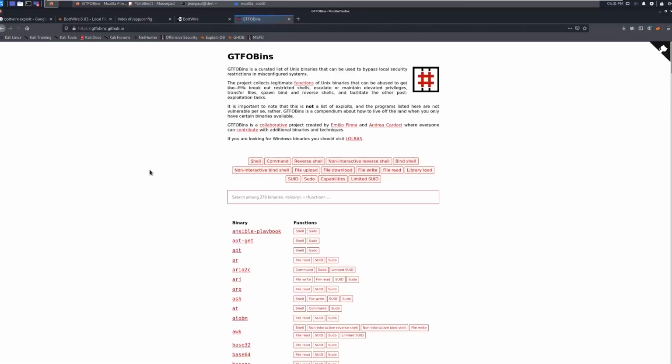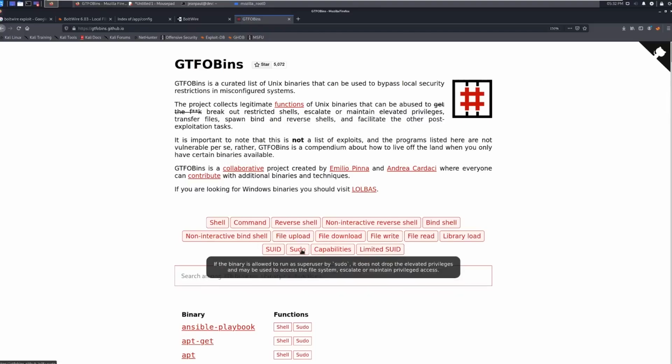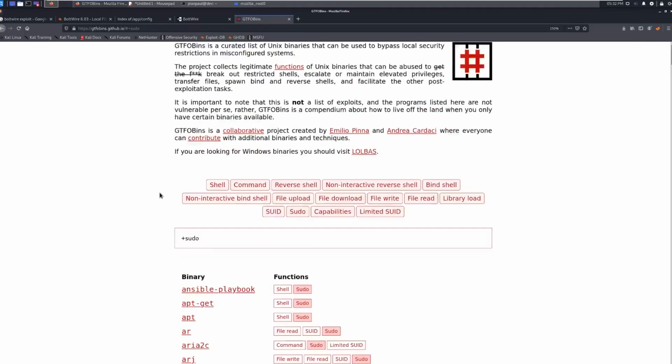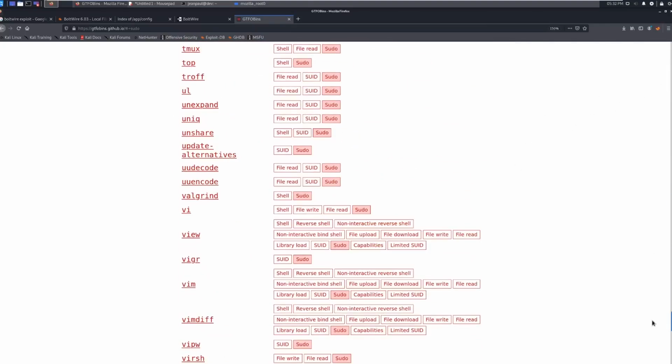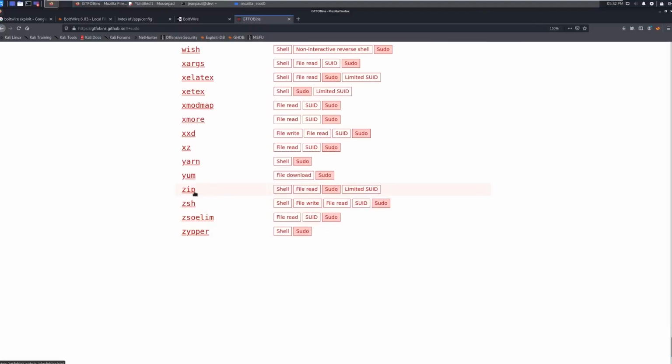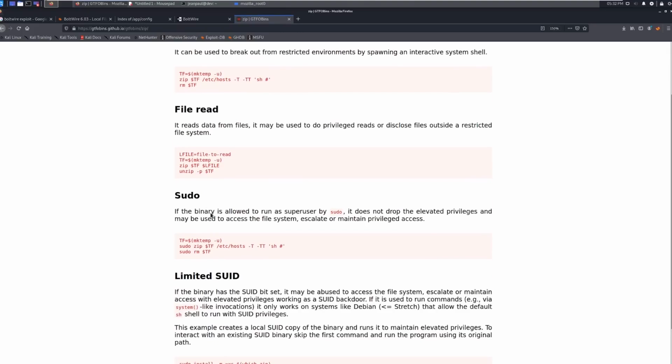Okay. GTFOBins. Great website. Let's make it bigger. Great website. You come in here, you can look for the different type of escalations that you want. We have a sudo escalation, okay, sudo escalation. And we come in here, we say, okay, we've got sudo, and then we're looking for zip. We can type in zip in the search bar, but we also have zip right here. So if we want to do a sudo zip, we go into zip, look for sudo, and it says, here's how you use sudo as a zip in order to get